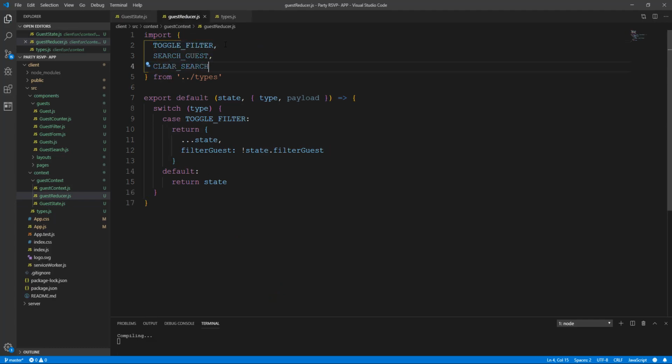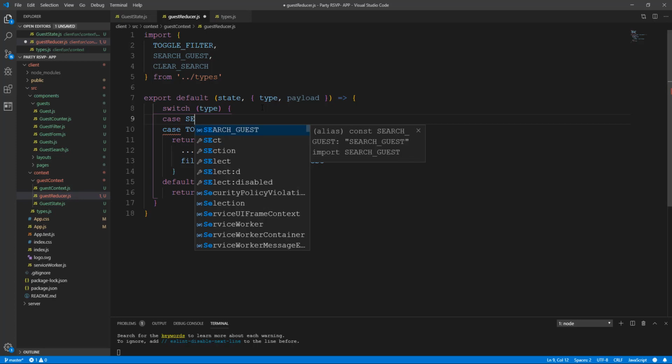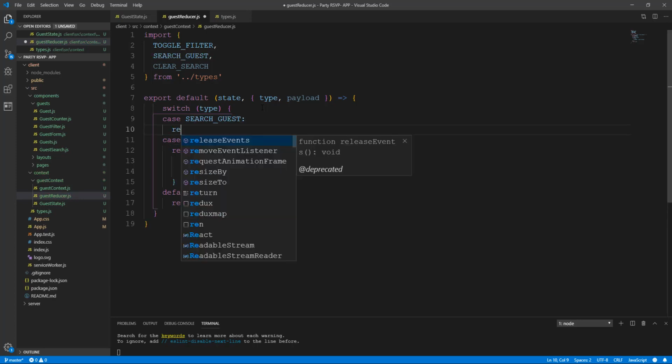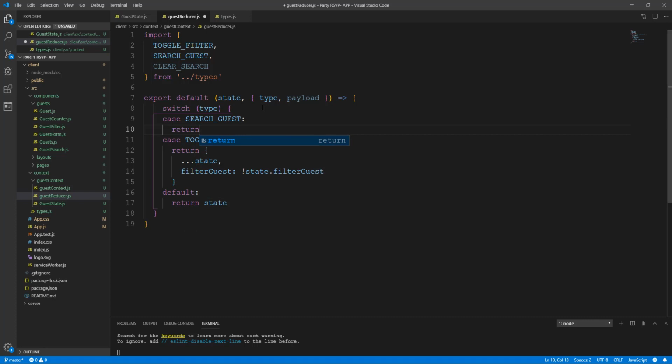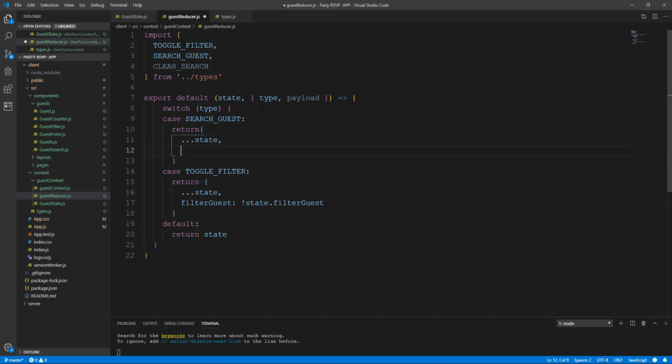Go paste here, and now we're going to have another case, not above this switch. So we're going to have another case here, and the case would be search guest. Here we're going to return a copy of state, and then